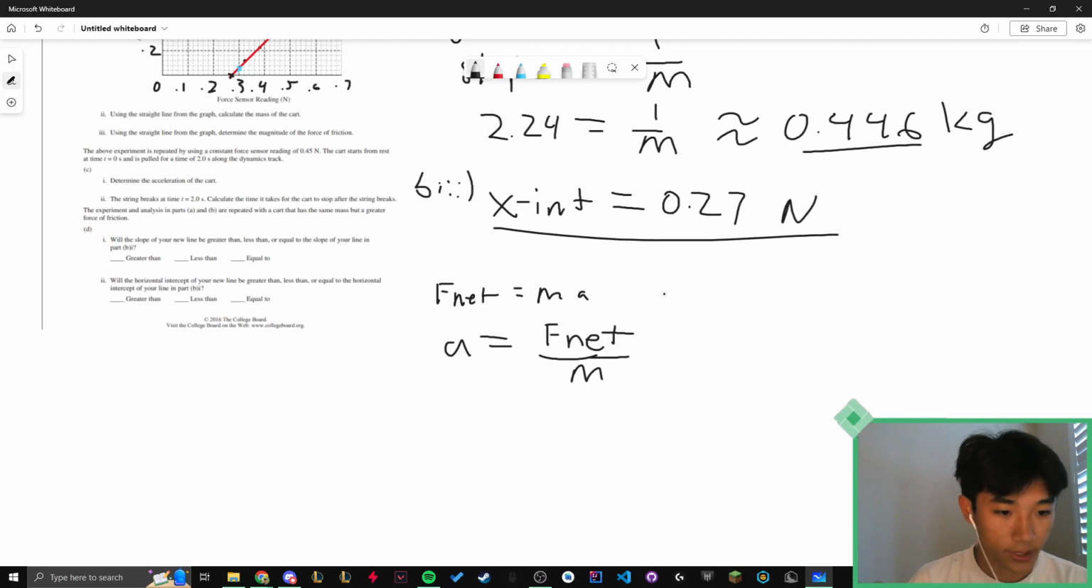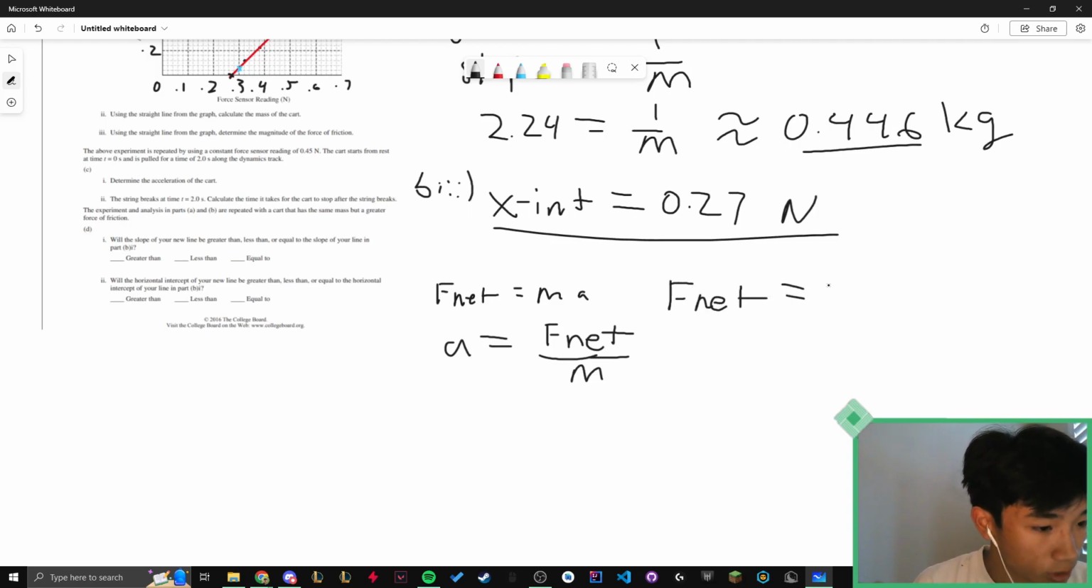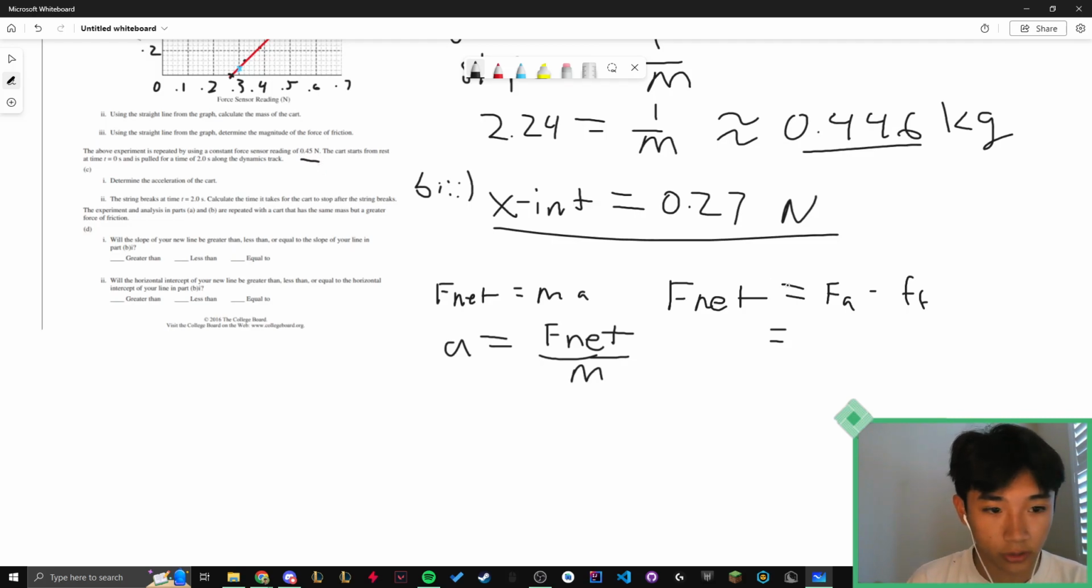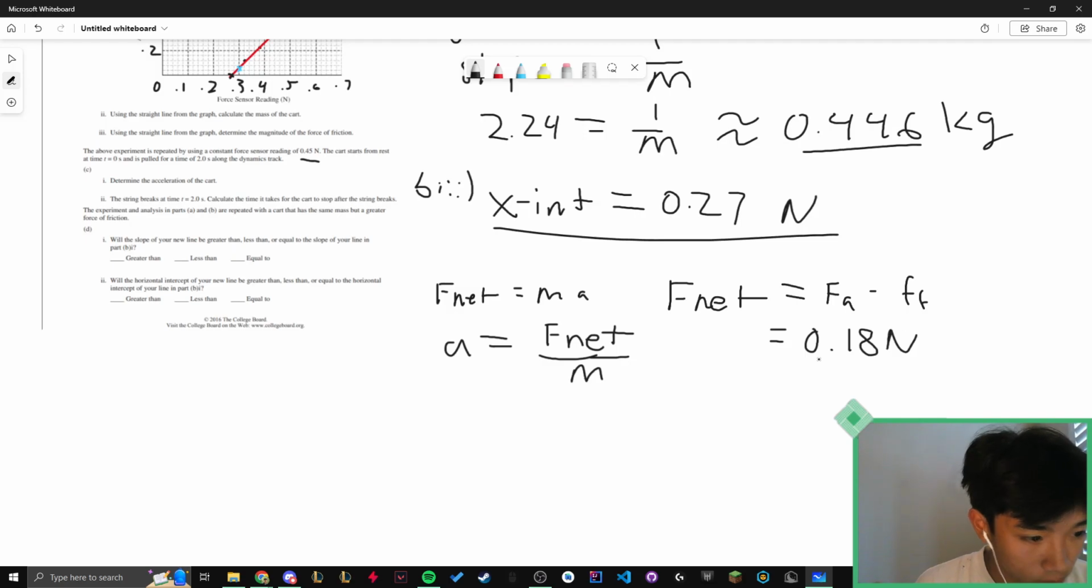And now what is F net? F net would be force applied minus the force of friction, which is given here, 0.45, and 0.27, which we solved for earlier. That would be 0.45 minus 0.27, which is 0.18 newtons. So now we have both the mass and the newtons, which would roughly equal 0.18 divided by